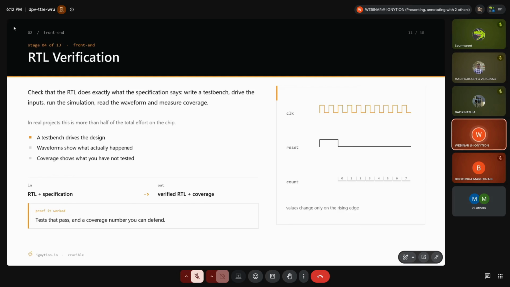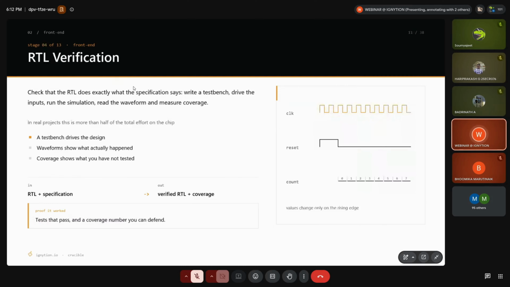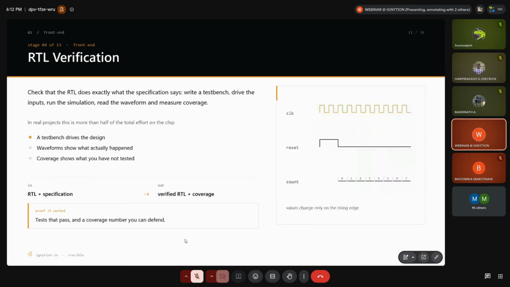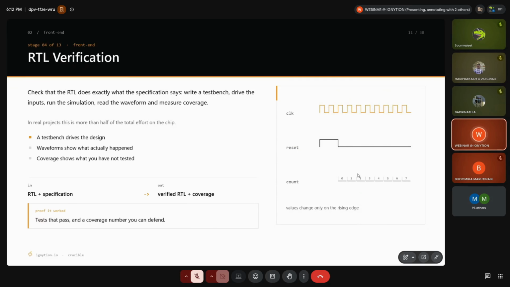So for example, RTL initially designs the logic and gives it to the verification team. So verification team connects it through an interface. So they'll be checking the functionality of the RTL, and if they find any bug, if they find out any possible error, they'll be reverting back to the RTL design, and the RTL design team will work again on logic development, and this loop goes on till the specification is exactly